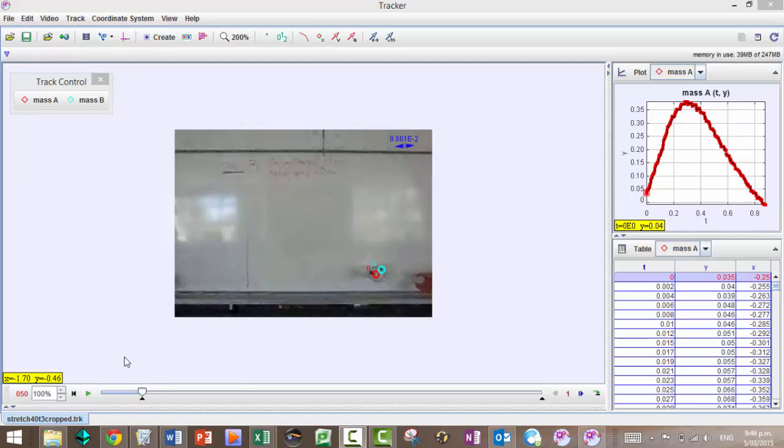Okay, so we're looking at Tracker for the Magnus glider, and what I've done is I've just tracked the motion of the center of mass, and then I've tracked a point on the edge of the glider, so that you can see both the motion of the glider itself and the rotation of the glider. And the way that I did it was,